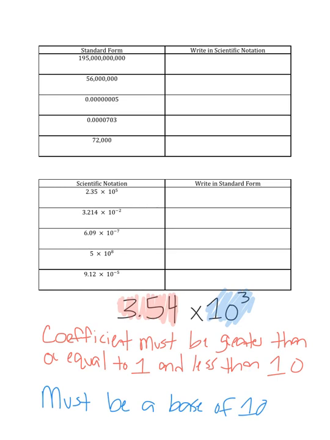And the second rule, what's highlighted in blue, must be a base of 10. So we want to be times a base of 10. And we could see 10 to a positive exponent or to a negative exponent, depending on what number we're dealing with. So in our first example,